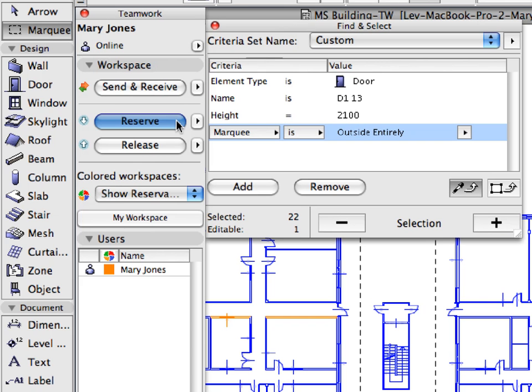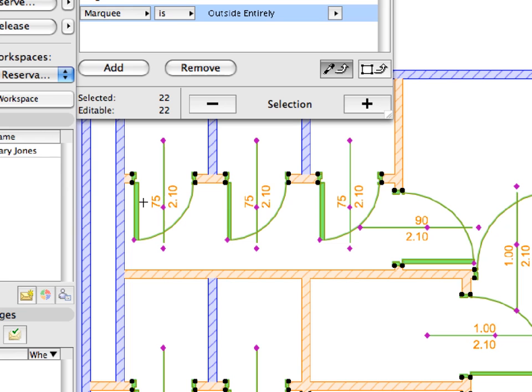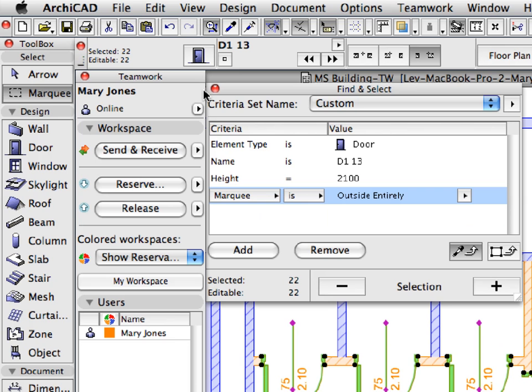Click the Reserve button in the Teamwork palette to reserve the selected elements. Notice that the selection hotspots of the doors change as they become reserved. Please notice that in cases of doors and windows, only their containing walls will be reserved. Close the Find and Select palette,